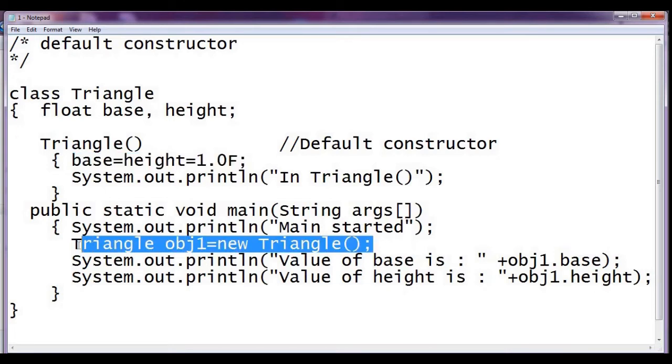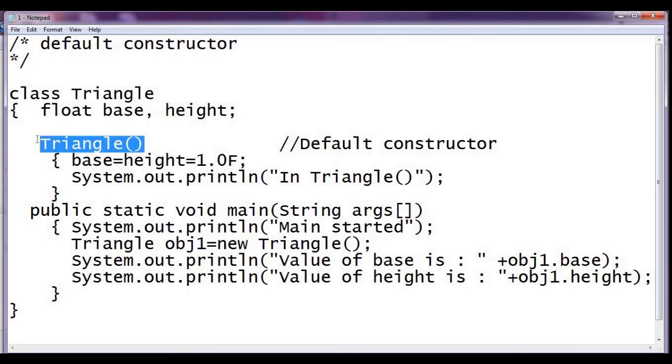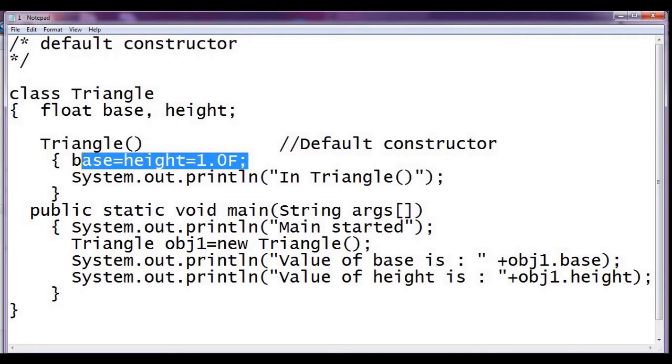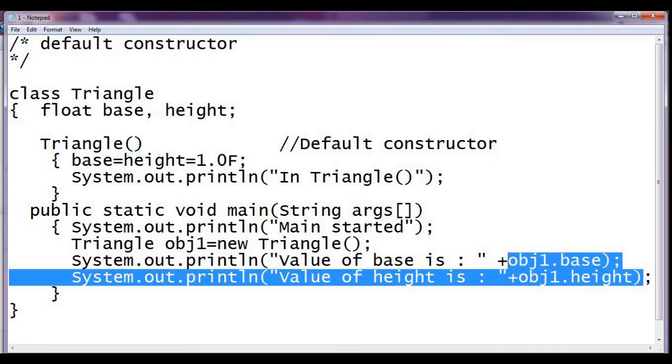When we create an object like this, as we have not written any argument over here, it will call and execute this constructor and it will initialize 1 for the base and height, and then we are printing that base and height.